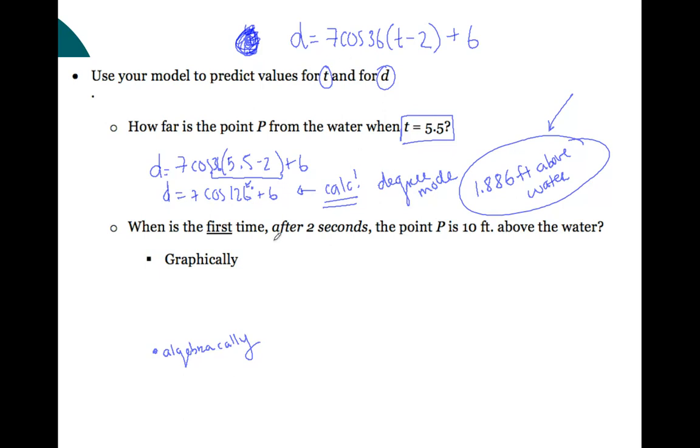So when is the first time after 2 seconds that point P is at 10 feet above the water? So I'm going to hold on the graphically part, and we're going to do it algebraically, and then we'll look graphically when I pull up the calculator in a moment. So algebraically, 10 feet. So there's going to be more than one time. So you think about what the graph looks like. I have a graph that looks like this, right? So I know that if I were to draw a line at 10 feet,